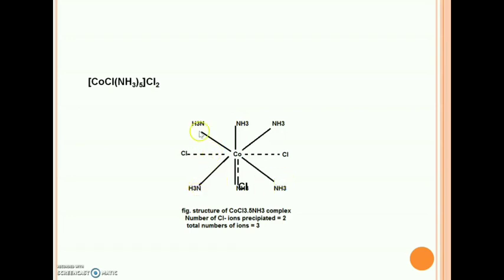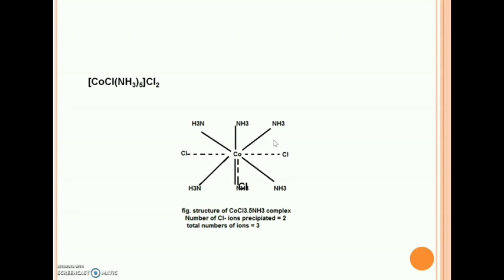That is, 5 corners of an octahedral are occupied by NH3 molecules, and 1 position is occupied by a chloride ion. Here, out of 6 secondary valencies, 5 are occupied by NH3 molecules, and 1 chloride